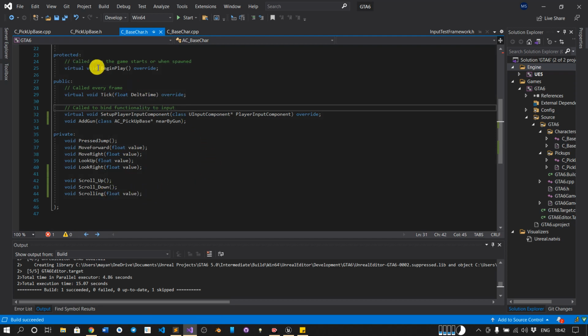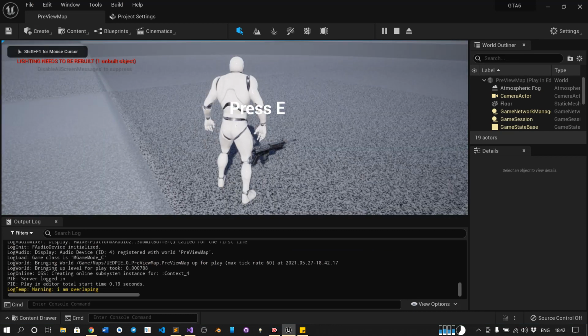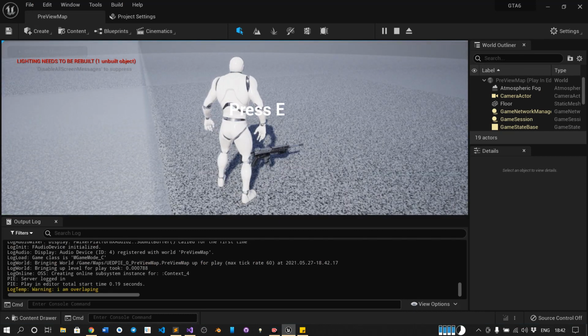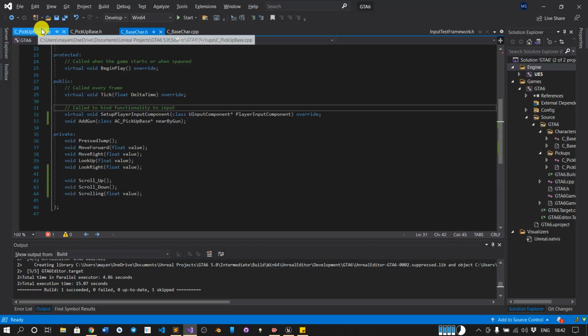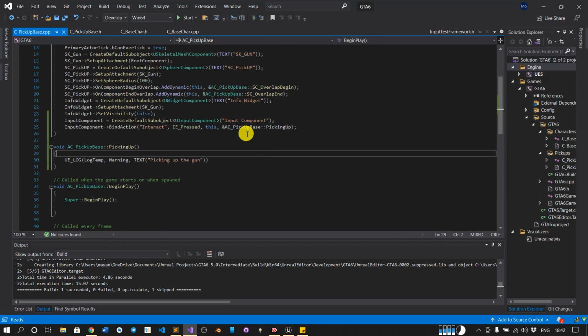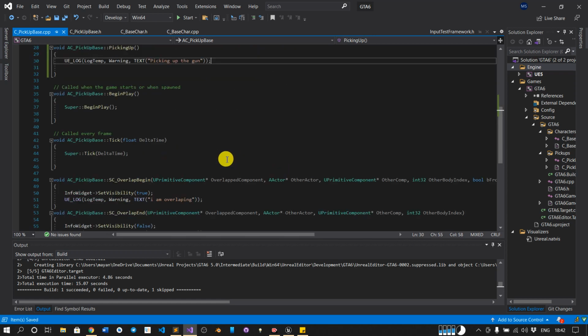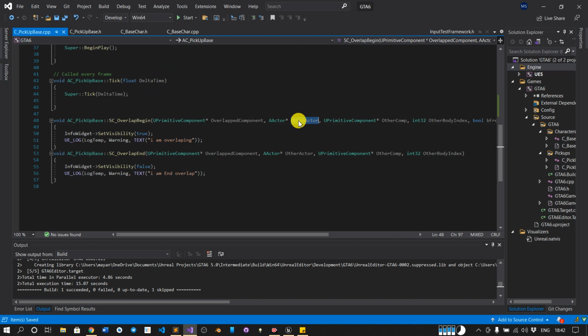So for the current scenario, let's play. If we are going close, first we will press E, and on pressing E we want a function. So on E we have created a function which is here. We have inserted its address, right? And here we need to access the actor, which should be of our base character, right?